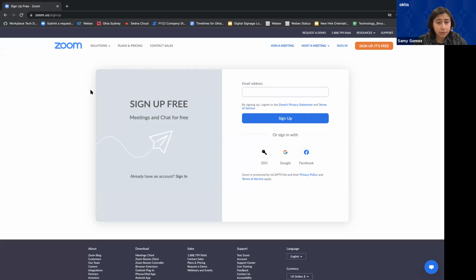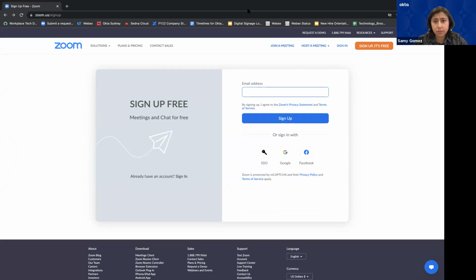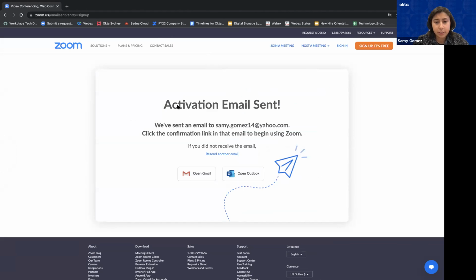And then once you have your Zoom account, you can either sign in here, enter your email address, which I could probably enter just to show you. I'll just stop or pause share for really quick. Okay, so I entered my email address and I got this here.